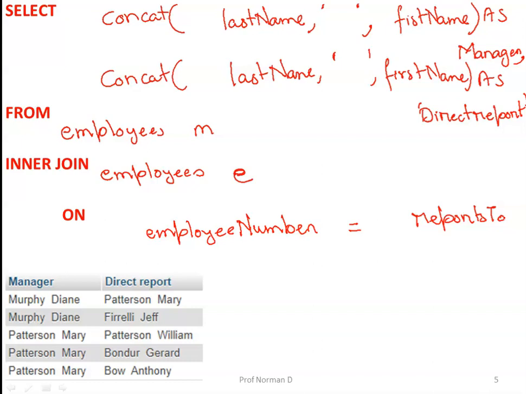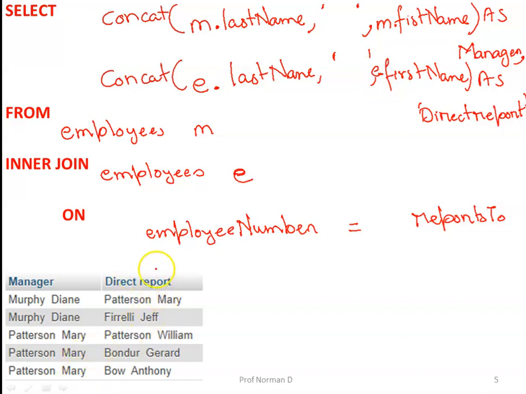There will be ambiguity errors. So how do we resolve this ambiguity? When we pick up the first name and last name as manager, we pick up from which table? We pick up the first name and last name from the M table. So here it would be M dot last name and M dot first name as manager. Similarly, pick up the reports to information from the second table, that is E dot last name and E dot first name.